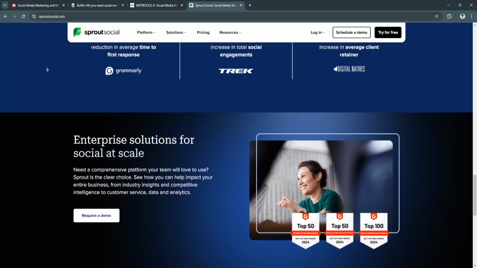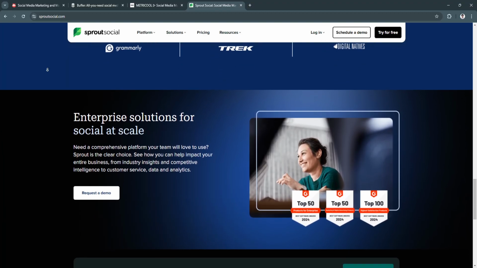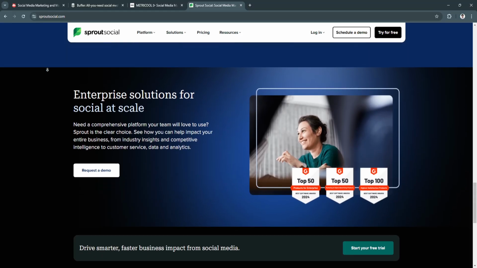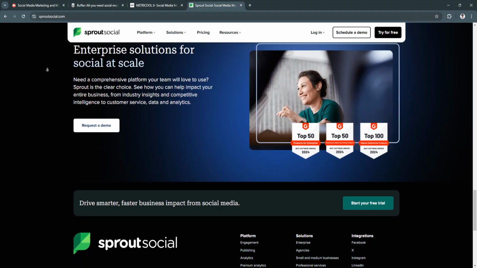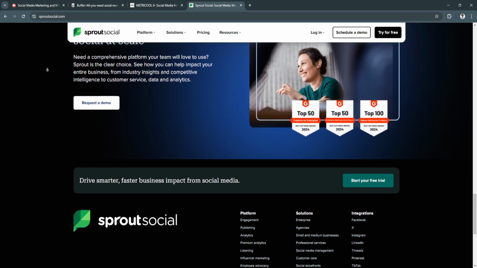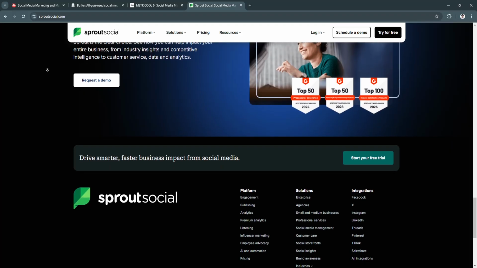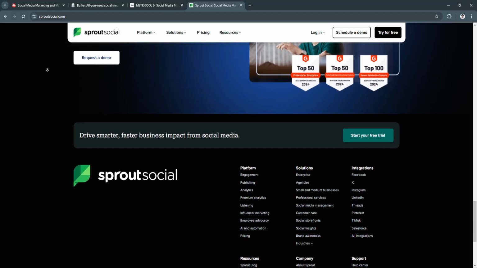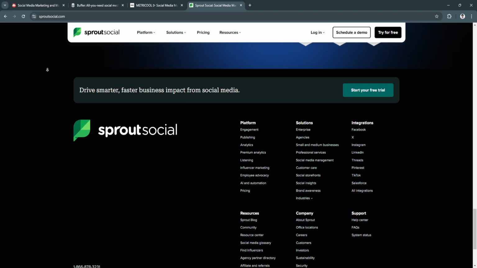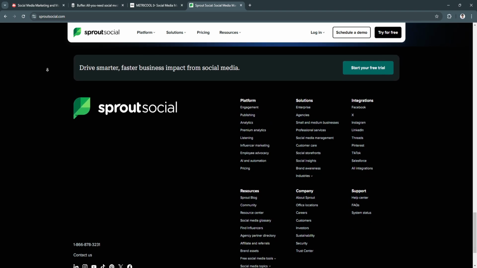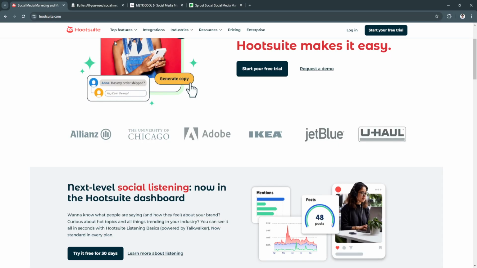By facilitating timely interactions with customers, Sprout Social helps brands build stronger relationships and improve customer satisfaction. It also has a collaboration feature. The platform includes tools that streamline teamwork among marketing professionals, making it easier for teams to work together on campaigns and strategies. So, as businesses navigate the complexities of social media in 2024, choosing the right management tool is